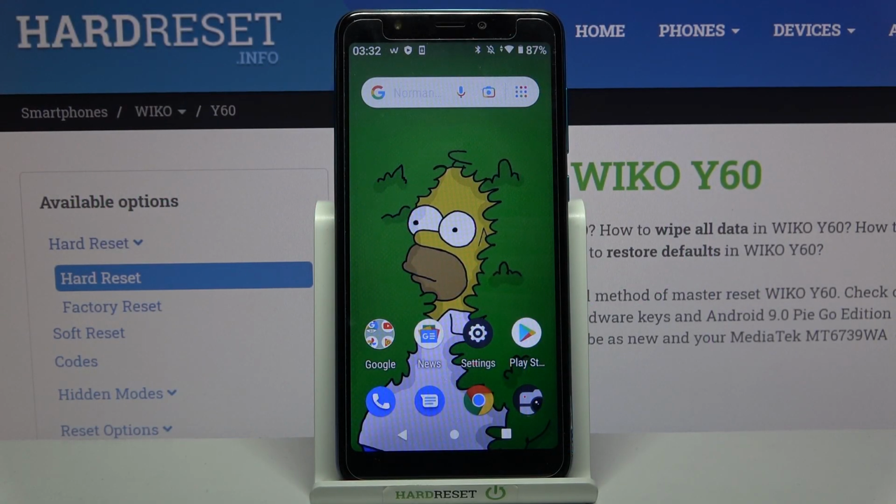Hi! In front of me is WIKO Y60 and today I would like to show you how you can connect